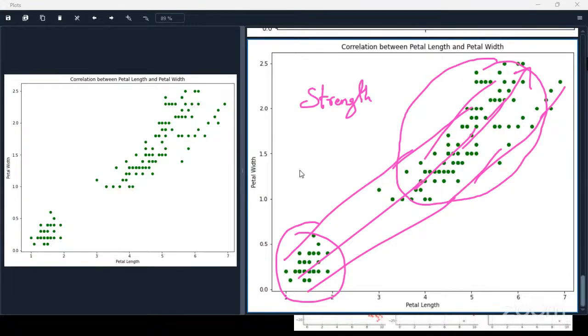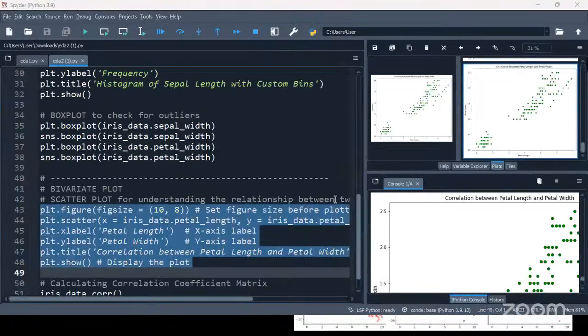Even I feel it is moderate because I see the scatter is not tightly packed. But also there is a gap. So I feel it is moderate. But the problem is that strength is subjective in nature, so I cannot directly rely on it to take the decision, right? So how can I finalize it? By calculating small r, right?